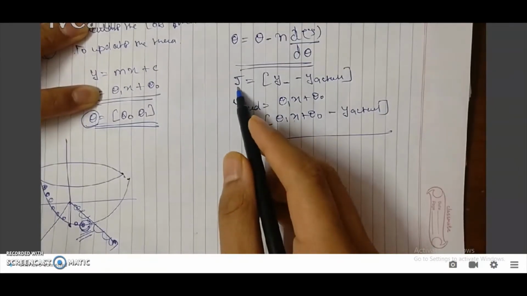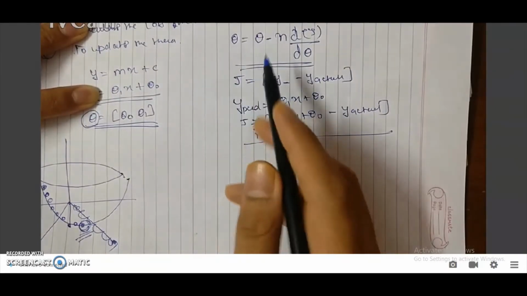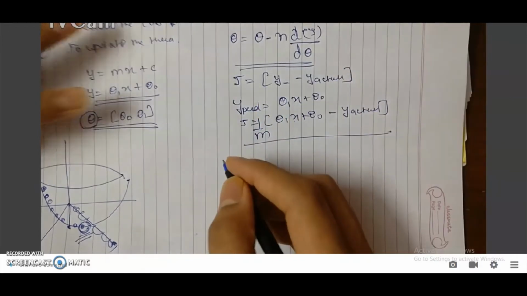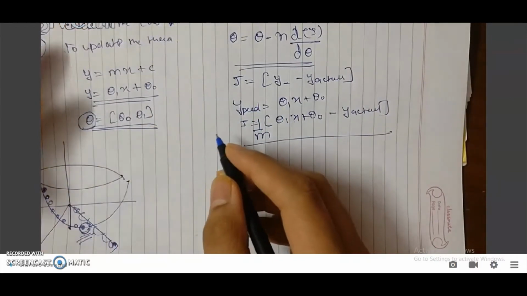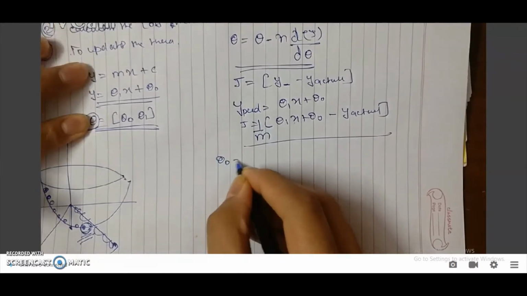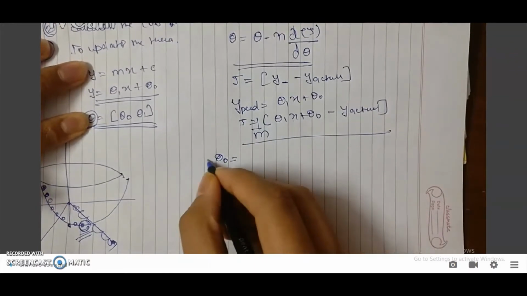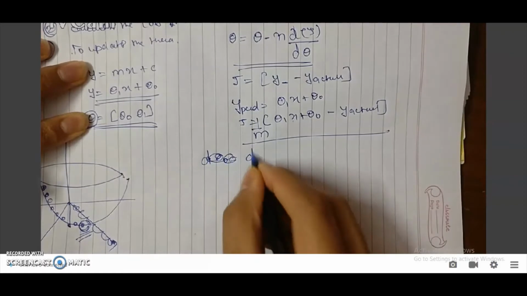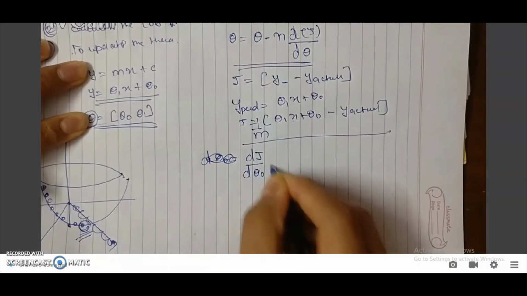Now if I do the differentiation of loss function with respect to the theta, then it should be for both the theta naught and theta 1, right? So for theta naught, if I consider dJ by d theta naught, then it would be